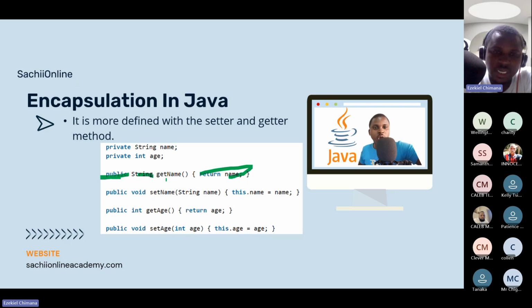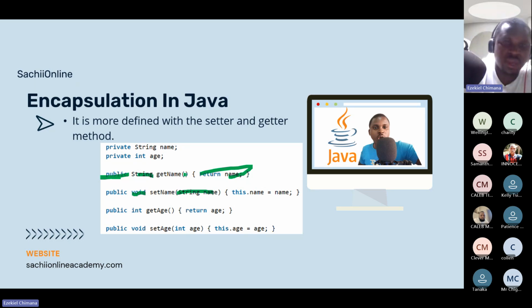So it needs to return the data member. And then the setter method is a void method, and it will be taking a parameter so that you can pass and set the name, right? So it's not going to return anything, but it must take a parameter. For getter methods, there will be no parameters here. So that's